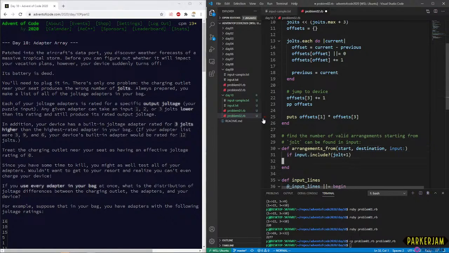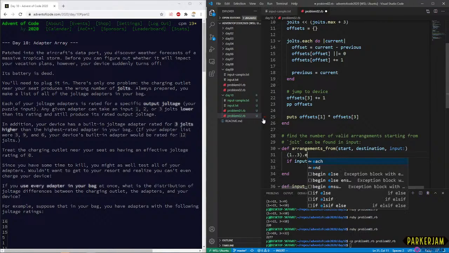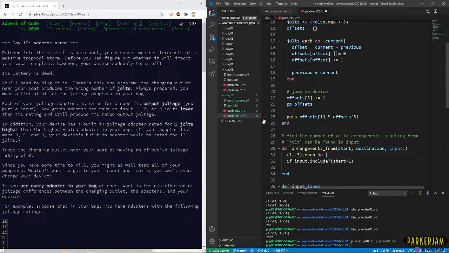Okay, so let's actually think about this in terms of start and destination. Offset. So we're going to try this. I think this is going to get a little repetitive, and that's why I'm putting this into a loop here. If input include start plus offset. So we're going to test if it